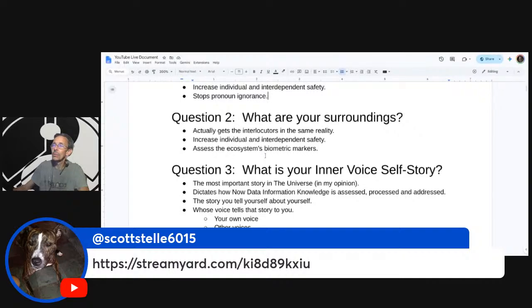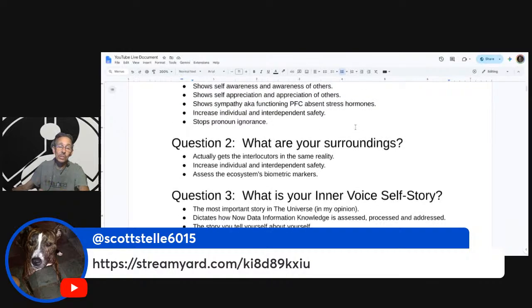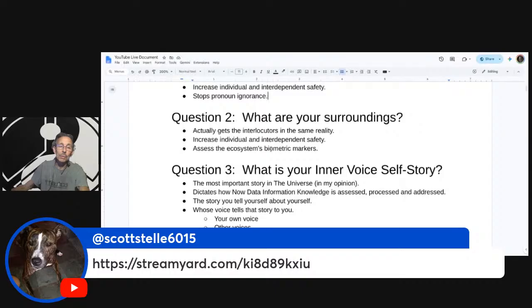And it accesses the ecosystem's biometric markers. I have a biometric tracker. I know my heart rate, my resting heart rate, my pulse, my heart rate variability, my oxygen saturation, my skin temperature. We can set it: if my resting heart rate is, let's say, 55, and we say, okay, if it hits 80, we stop the conversation. We bring the stress levels down, the stress hormones down. We talk about our surroundings again, and then we start the conversation up. It stops a lot of misunderstanding.